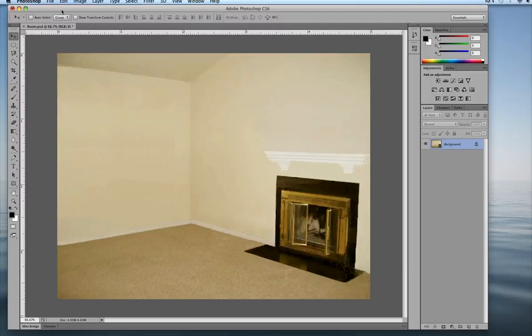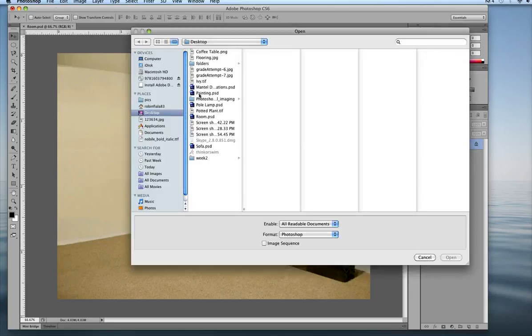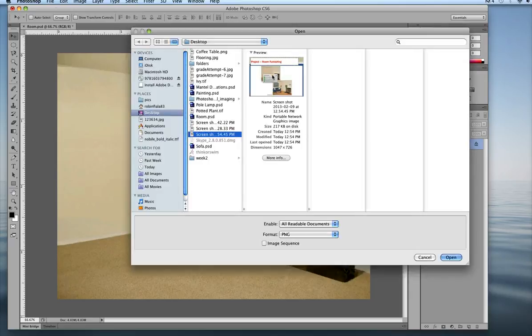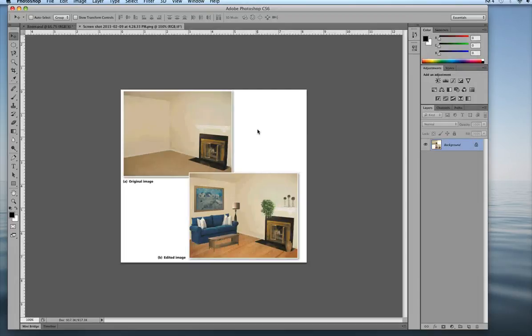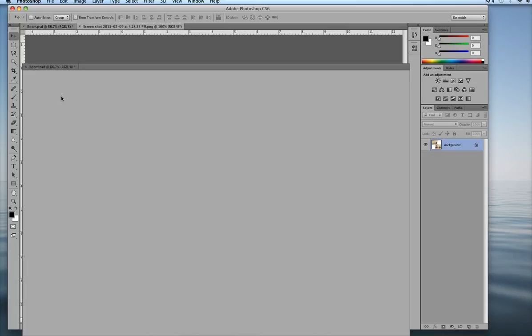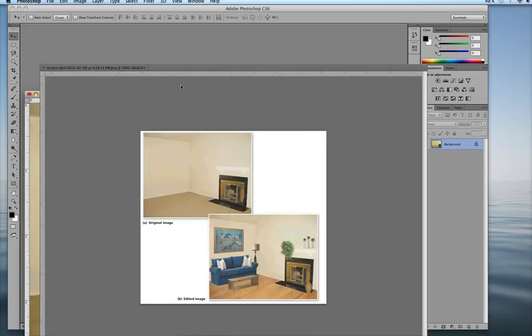Okay, and one thing that I like to do is open up the screenshot I took of the before and after, just so that I can keep it to the side and have a reference to see where I'm going. And again, in order to see both screens, you can either pull out the windows for each